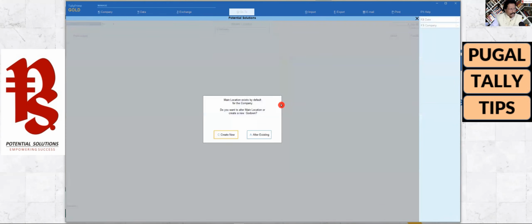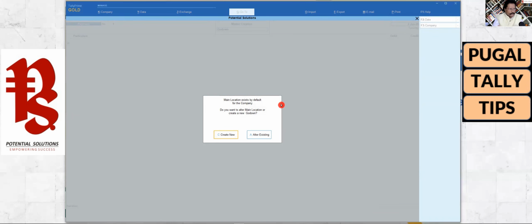So godown is there, enter, and now this is where Tally intelligently internally will go and enable. So the user need not really struggle to go and find out where to enable the option for multiple godowns, unlike what we did in Tally ERP.